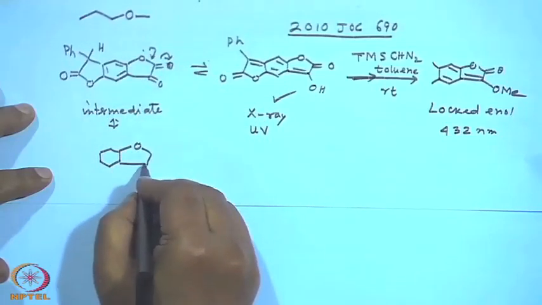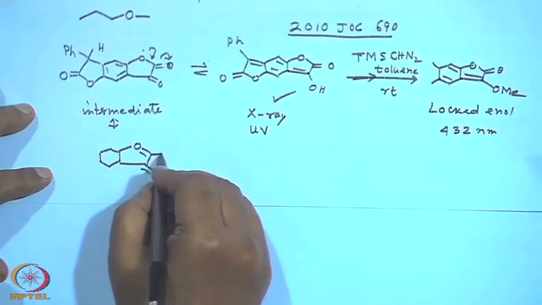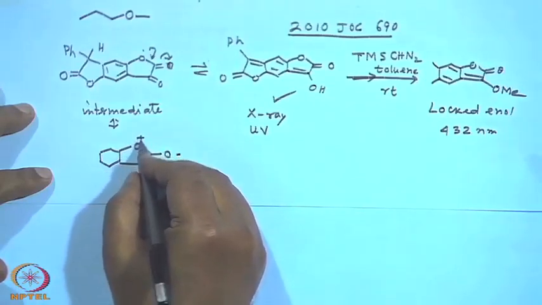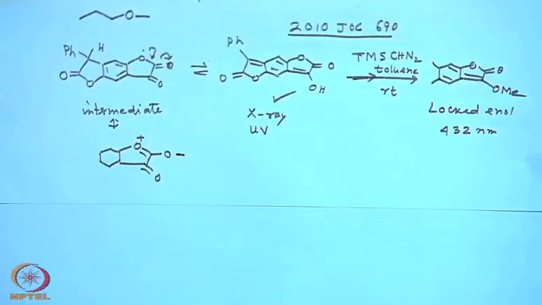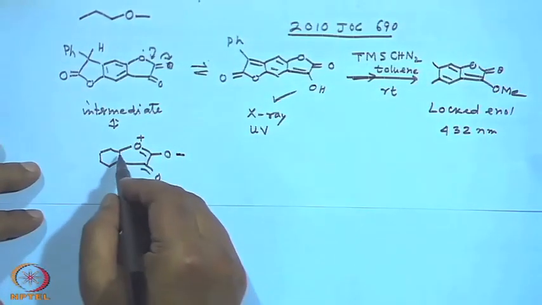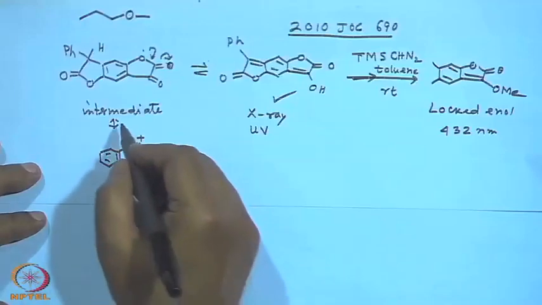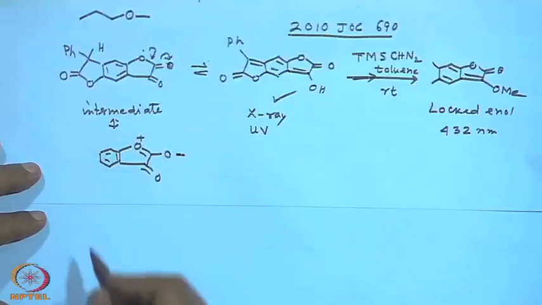So, you have a 5 member ring and oxygen and this is nitrogen. So, once again it is kind of a sydnone structure, right. Polarized one, this charge resides outside the skeleton. So, it should be a sydnone kind of structure. So, can you make out, that means it is in resonance with such a structure, and this structure is